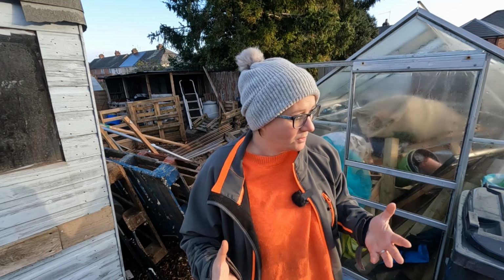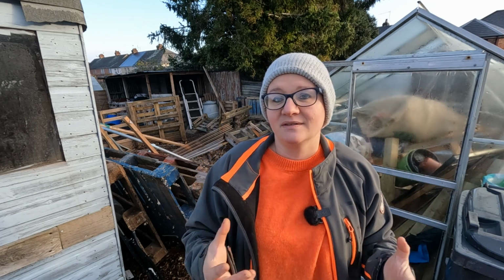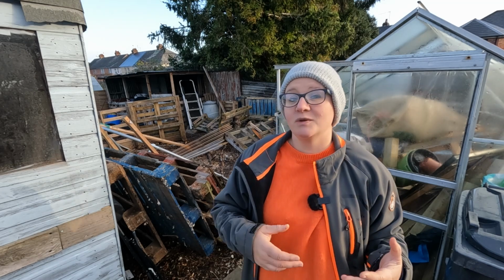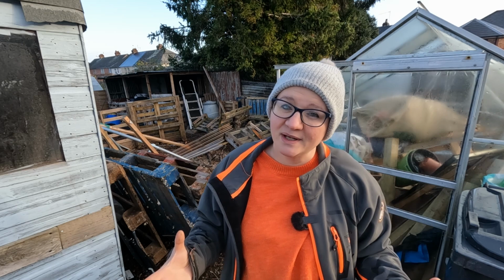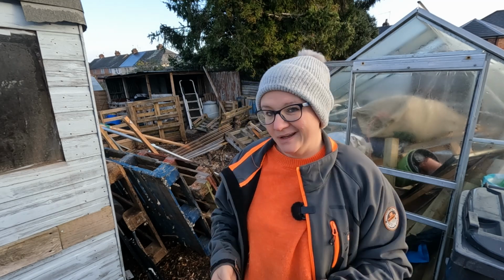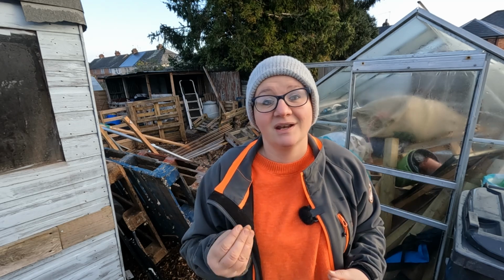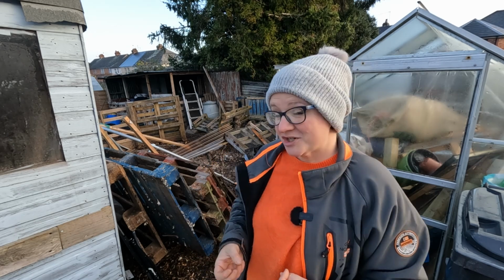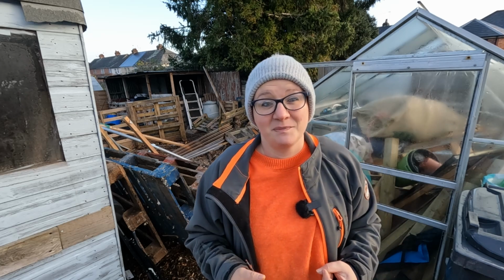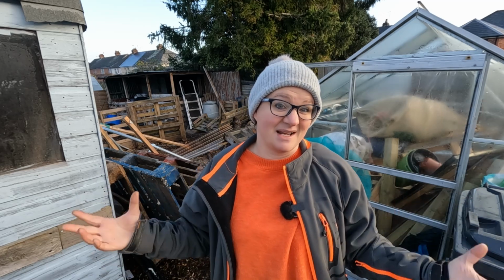Now, we don't have a major issue on here with rats, but any open area, anywhere where there's houses nearby or anything else, you're going to have some rats to some degree. And we're trying to remove all these little hidey holes that they could go into to try and reduce any population of rats that we have. But it's going to be an ongoing thing. The thing is with rats, you can't just get rid of them in one night, not unless you've got a ratter, which these days I don't have a dog that does any ratting. So it's going to be reducing the numbers by reducing the habitats and reducing any excess food that's left around,